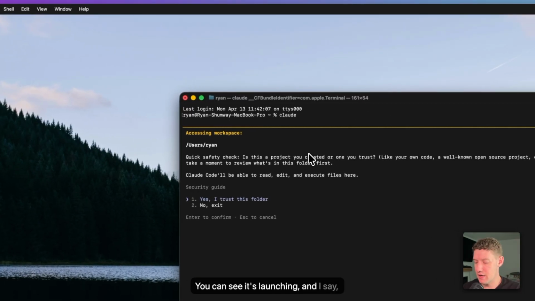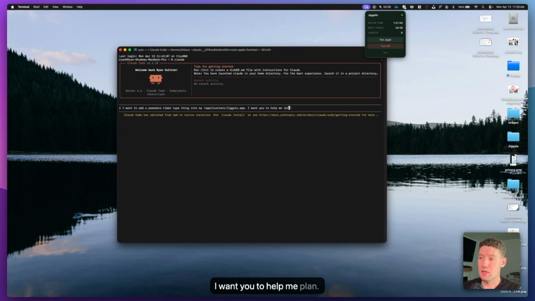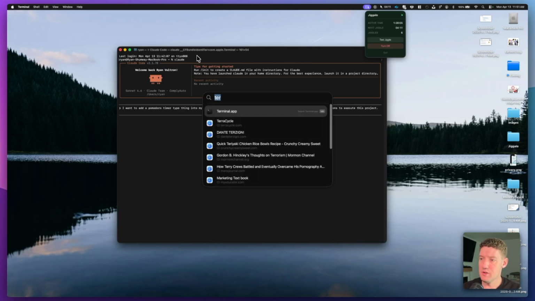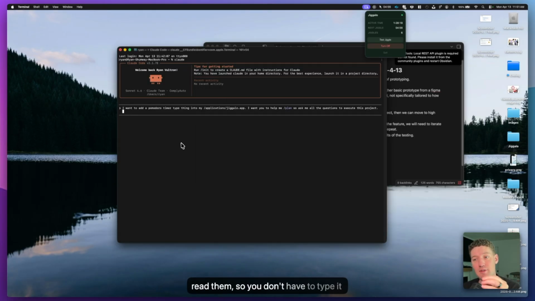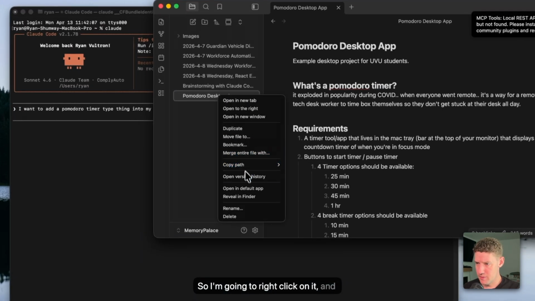You can see it's launching, and I say yes, I trust my folders, and then I'm going to give it the prompt. I'm using an app called Obsidian, which is pretty great. It's kind of blowing up on YouTube because you can connect Claude Code to Obsidian, which is just a note-taking app. You can take your Obsidian notes and connect them directly into Claude Code, so Claude Code can read them. So you don't have to type it out here in this terminal. You can type it out in Obsidian and then just make Claude reference the Obsidian notes so that they work hand in hand. So I'm going to right click on it and then copy the path from system root,